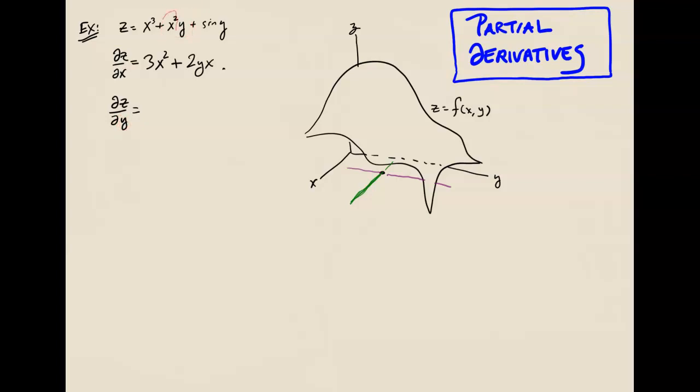In that case, we're thinking of x as a constant. If this had just been 9y, we know the derivative with respect to y would just be 9. Well, this is just x squared, which would just be a constant times y. So what's the derivative with respect to y? It is just x squared. And finally, the last bit, what is the derivative of sine y with respect to y? Well, that's easy. Now we're back in calculus 1, that's just cosine y, and we have our partial of z